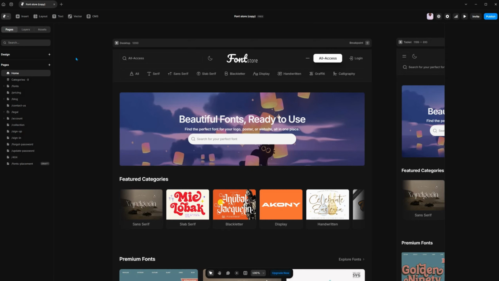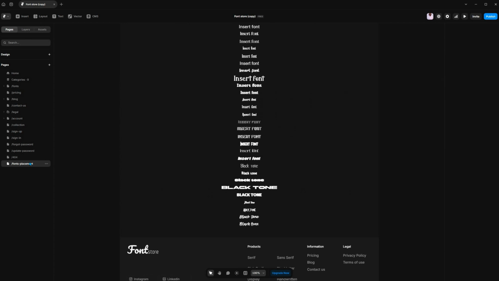Now the next thing you're going to do, and this is very important, is go to the font placement and add all the fonts here. This part is needed because if Framer does not identify the font in the template, it will not work in the font preview. That's just how it works, because Framer has to identify the font before it can preview it. So if you do not put the font into the template, Framer will not identify the font. So how you're going to do that is,